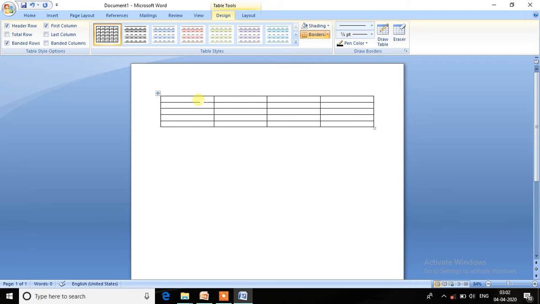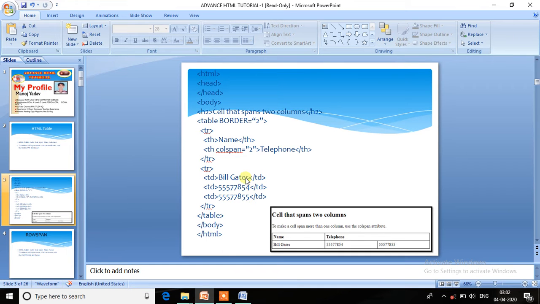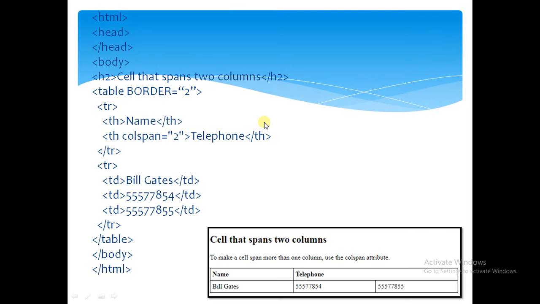In here we can write anything, like we write roll number, name, DOB, CT. This is called a table. So if you want to create such types of tables using HTML, we need the table tag. So here we discuss tables.